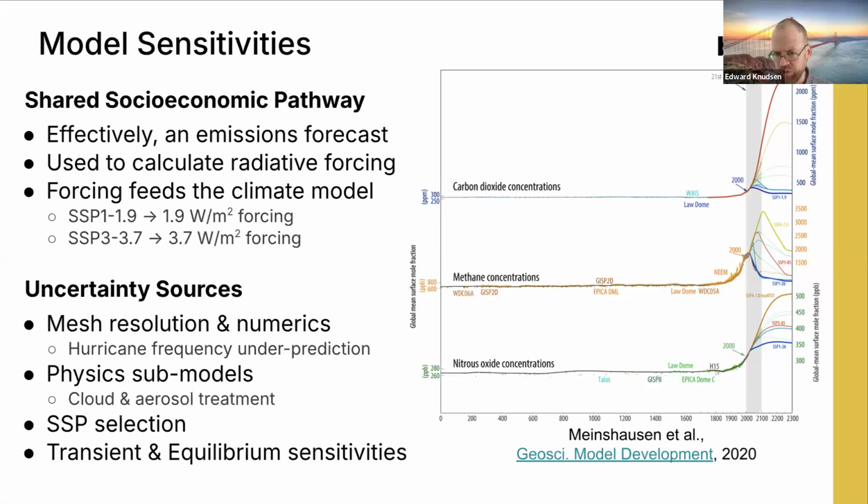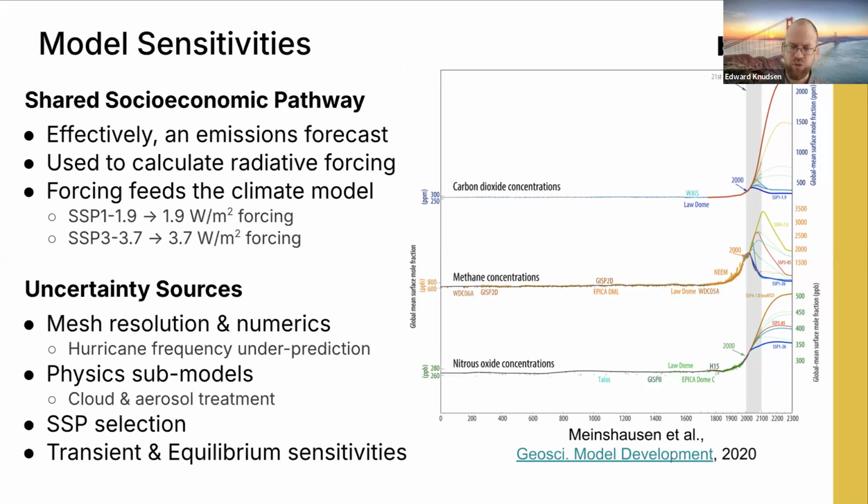An interesting example of this is hurricane prediction. A lot of these global climate models tend to significantly underpredict hurricane frequency relative to what we observe historically. Some of that is due to the low resolution. Hurricanes are inherently strongly convective events. There's a lot of small scale featuring compared to a global length scale. And if we use 100 kilometer by 100 kilometer resolution, we're not going to pick up on all of that behavior well enough, and we'll underpredict hurricane frequency. Those sorts of things happen in the climate models and are worth being aware of.